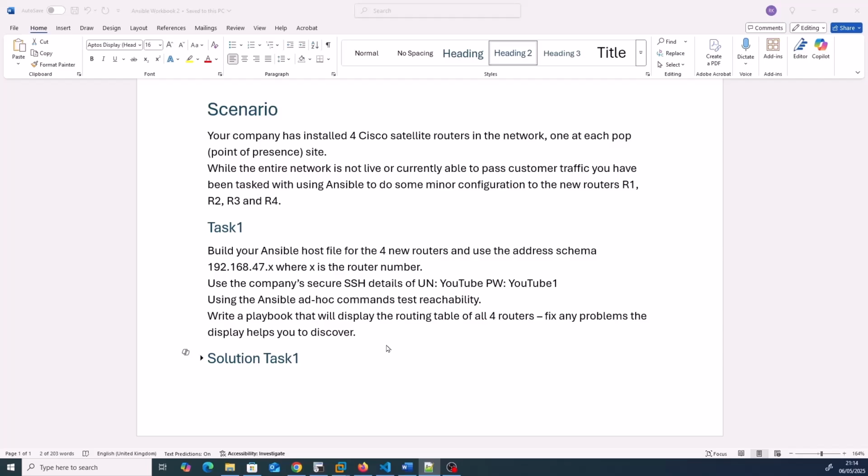Once we've done that, we want to use some Ansible ad-hoc commands. We've not spoken about them yet, but we will use them to test reachability. And then we're going to write a playbook that will display the routing table of all 4 routers. And then we will fix any problems that we may encounter when we see the actual display